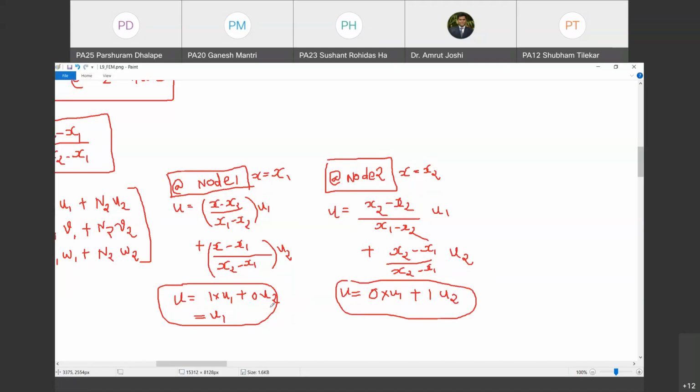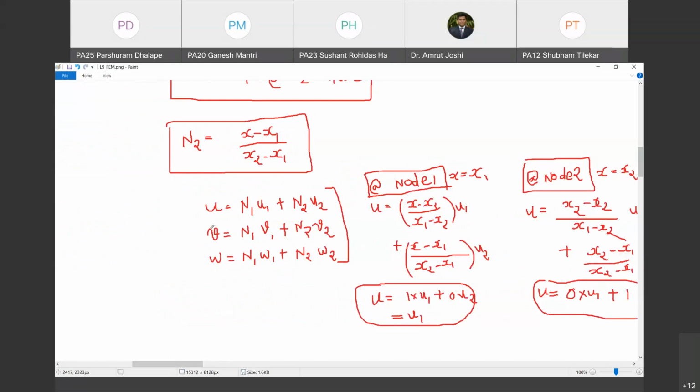Yes. So anywhere in between, the u will interpolate, and the same is true for v and w. You can repeat this exercise for v and w. So what is the shape function? The shape function allows me to interpolate u, v, and w within the element, knowing the nodal displacements. So n1 u1 plus n2 u2, this is the interpolation function. So I am expressing u anywhere in the element as a function of x and nodal displacements. Now mind you, these n1 and n2 are functions of x. Happy?